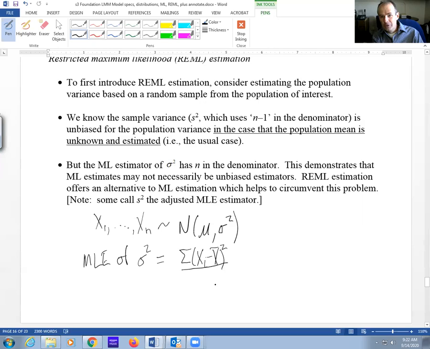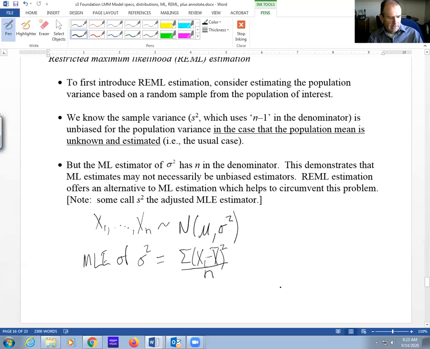That is the one that we use. That's the unbiased estimator when you have n over n minus 1. And that's the good one. That's the one that we like. That's going to give us an unbiased estimator. But if you actually derive the MLE in this case, you're going to have n in the denominator. That's the MLE, okay? So that shows you that the MLE is not necessarily unbiased, okay?